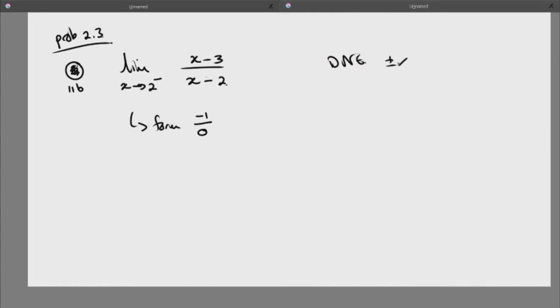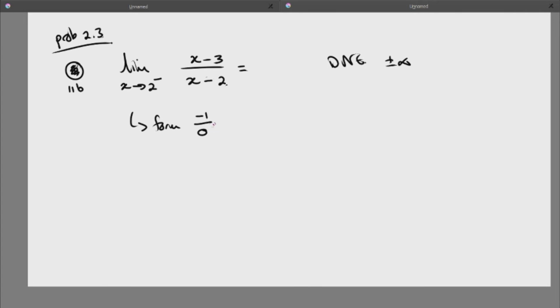It's going to be a plus or minus infinity. But I want to know which one. Because I have a one-sided limit, I can maybe say a little more. Maybe I can say which one it is. How do I figure that out? It's not something I'm going to do a basic transformation of. What do I do? So I can refine this form a little bit